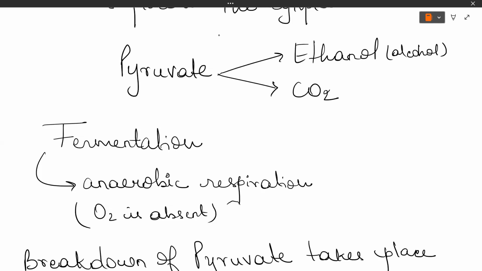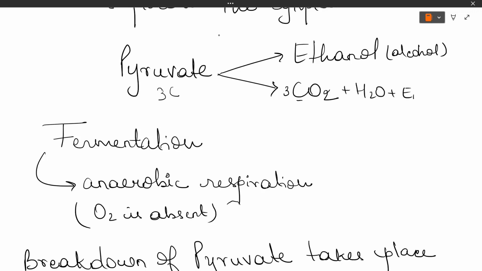Very good. Now, this process breaks up the 3-carbon pyruvate molecule. See, the pyruvate molecule is a 3-carbon molecule, isn't it? The 3-carbon molecule gets broken to give 3 molecules of carbon dioxide, and carbon dioxide is a 1-carbon molecule. So the pyruvate is being broken in the absence of oxygen and energy is released. Now the other product apart from carbon dioxide is water.